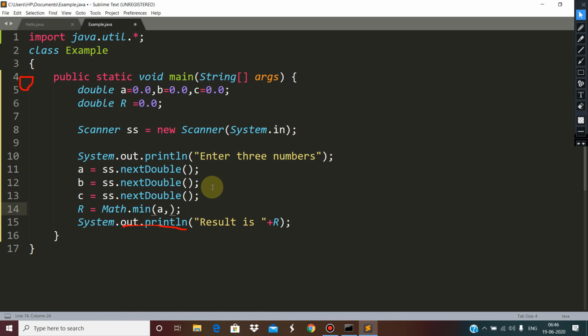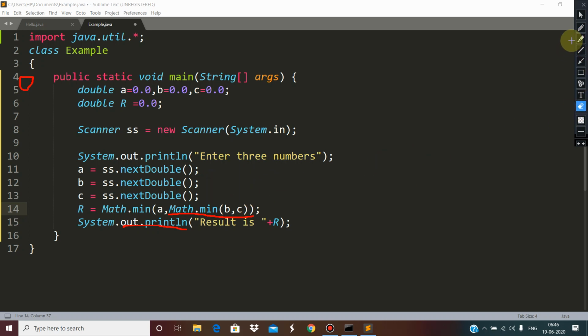In place of B, we need to call the function like this. So what will happen? The execution will start from the innermost part. First of all, B and C will be compared, and the result of this, suppose p, will get compared with A, and then the final result will get stored in the variable r.